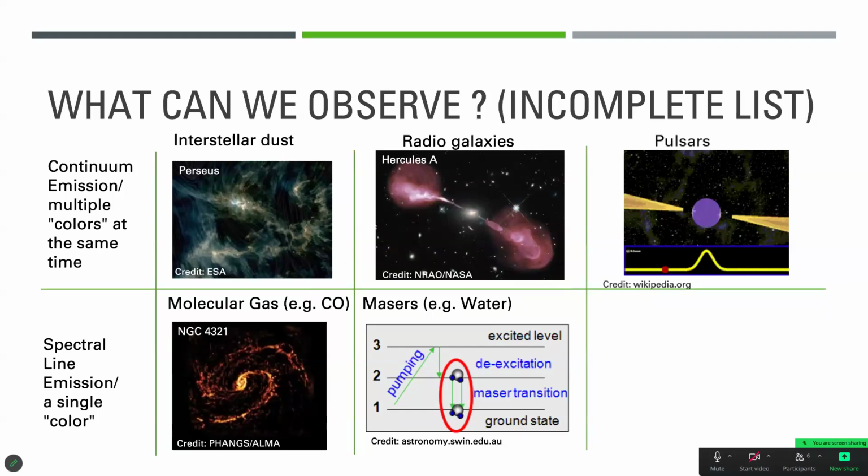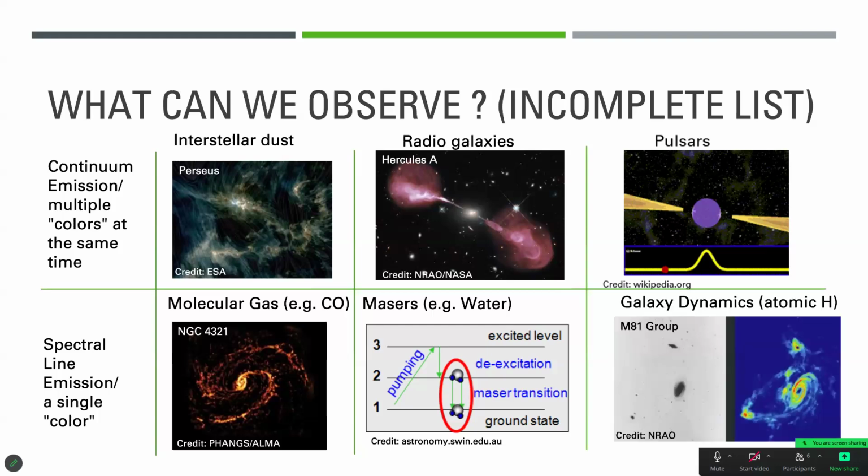If you know there's a water maser nearby, you can use that. So a lot of things it can do. Finally, you can also look at atomic hydrogen. Hydrogen emits a wavelength of exactly 21 centimeters, and it will tell you something about galaxy dynamics, and will actually tell you more than what you can see